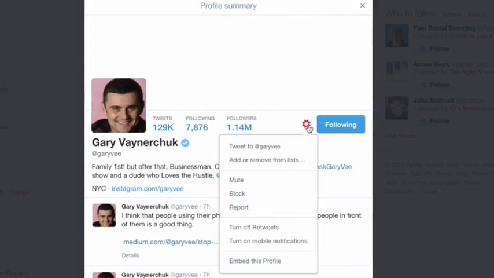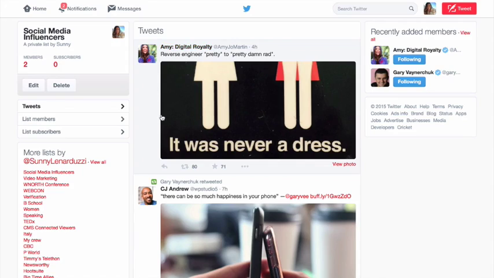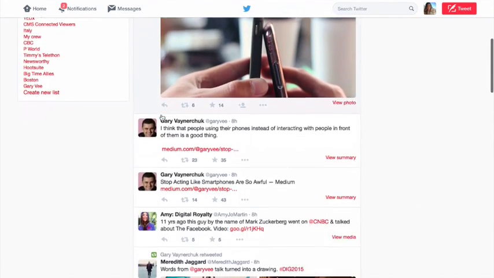So you can populate a list of maybe 10 people that you're highly engaged with, and every single day you can check that list and go in and favorite their tweets and retweet their tweets and reply to them and activate conversations. So it's a great way to keep the dialogue going. So you're not using it specifically to just have it be a monologue and talk at people, but you're using it to actually create long-lasting relationships.